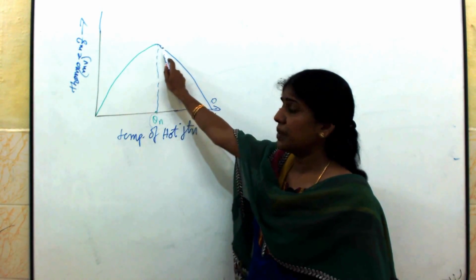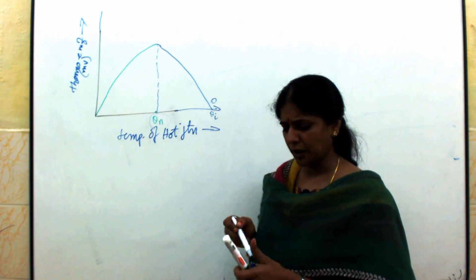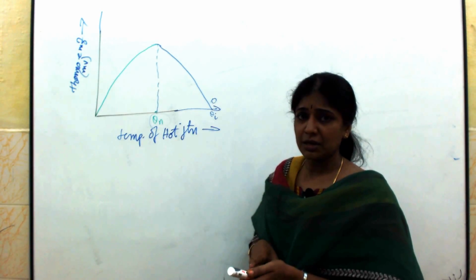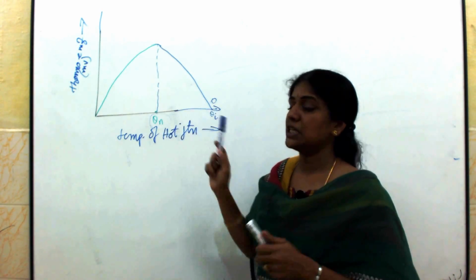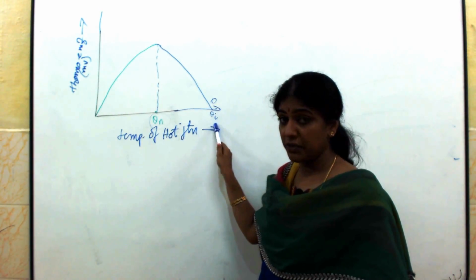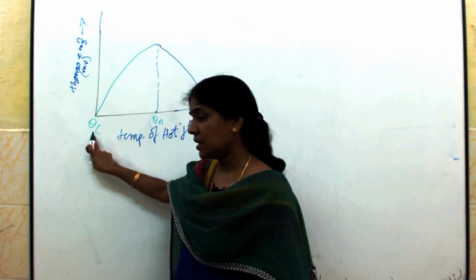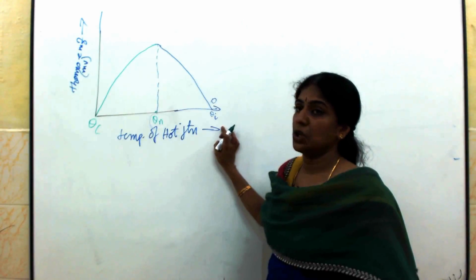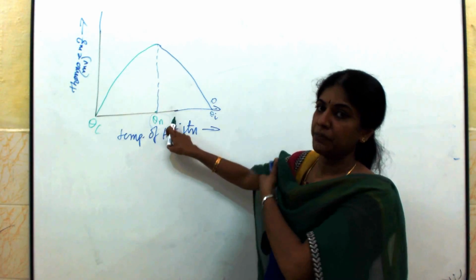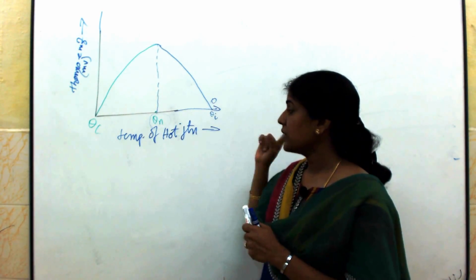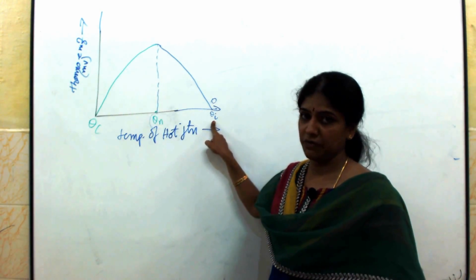At a particular temperature, EMF becomes maximum. That particular temperature we call the neutral temperature. So if you take any thermocouple, for example, I will take bismuth and antimony as two different metals forming a thermocouple. Here for a given thermocouple, this neutral temperature will be the same, and this temperature of inversion will depend upon the temperature of the cold junction. That means if I change the temperature of the cold junction, the temperature of inversion also changes, but theta n remains the same for a given thermocouple. So what you should know first in this graph is what is meant by the neutral temperature and what is meant by the temperature of inversion.